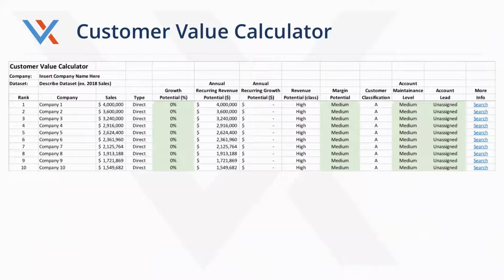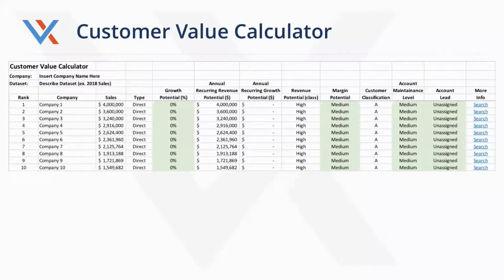So, after the ideal customer profile, and diving back into our own data, the topic here was mining your data for gold. Another thing that we work through with our clients is something we call the customer value calculator. It's another Excel tool that we use, again starting with company sales data. You may grab sales data from 2018 if your fiscal year is completed, or 2017 if you're on a calendar year, or in a few weeks you'll be in good shape to do 2018.